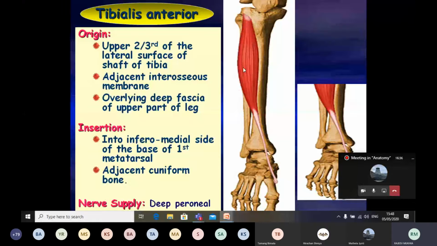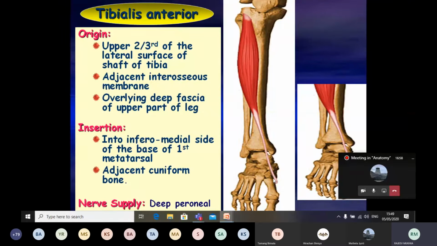Again I will repeat, the origin of tibialis anterior is from this lateral condyle of the tibia, upper 2/3 of the lateral surface of the shaft of the tibia, then adjoining interosseous membrane and the deep fascia of the upper part of the leg. So after its origin, it will insert in the